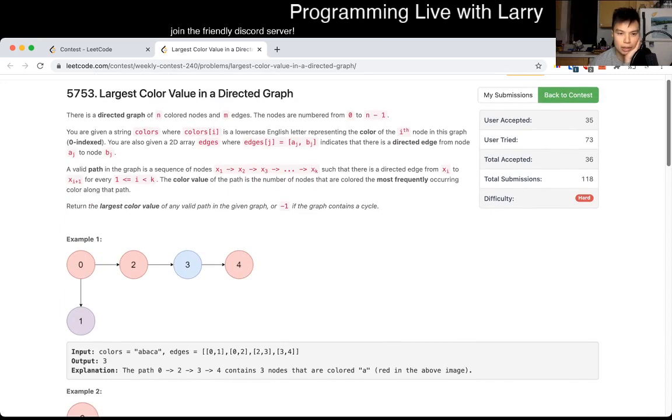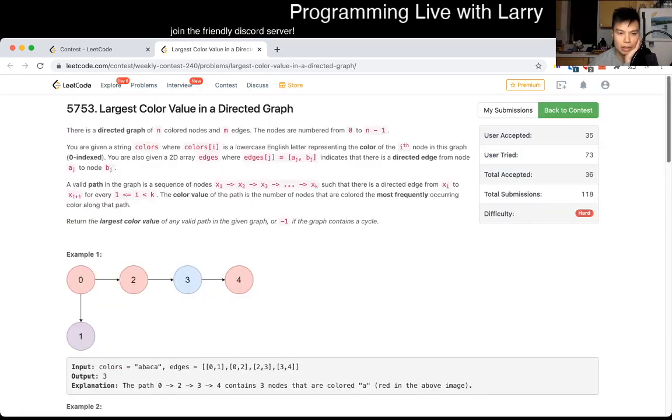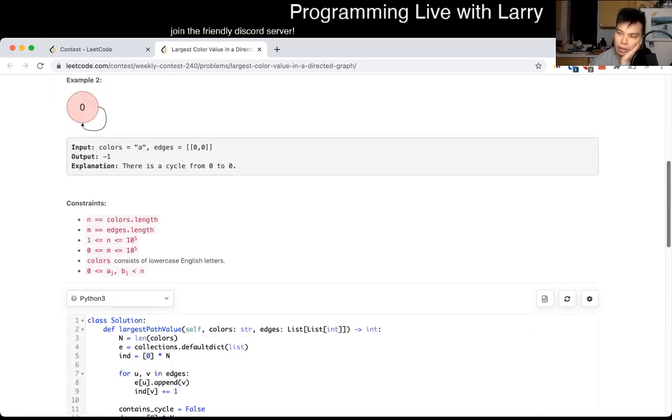I guess this could be n squared, right? No, edges is 10 to the 5th. Does that matter? If it's a DAG,